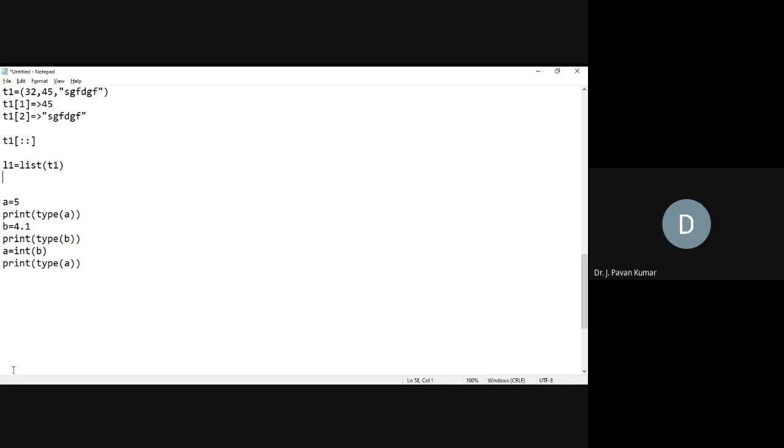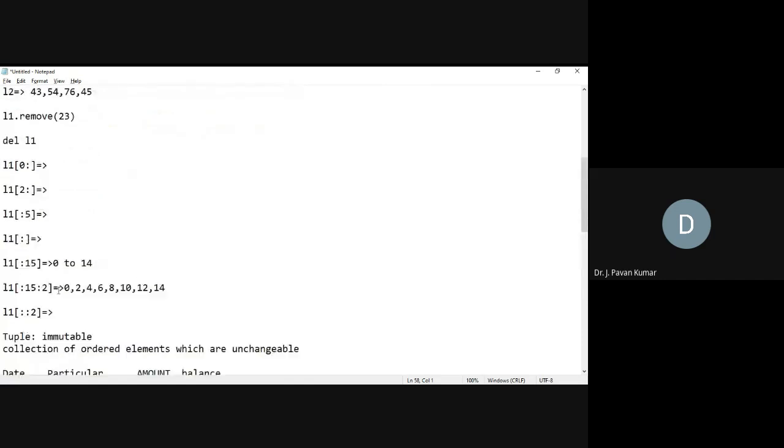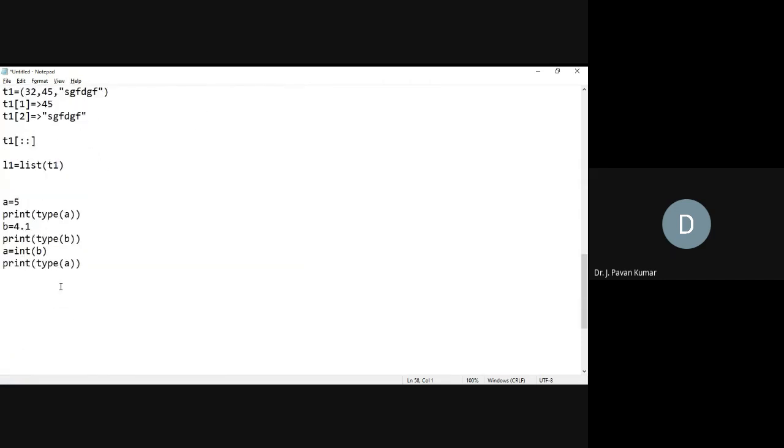Next, one important point in this tuple representation, which of course is not intuitive. Generally, if we have only one element in a list, say L1, we can write 45 within square brackets, and this is fine.